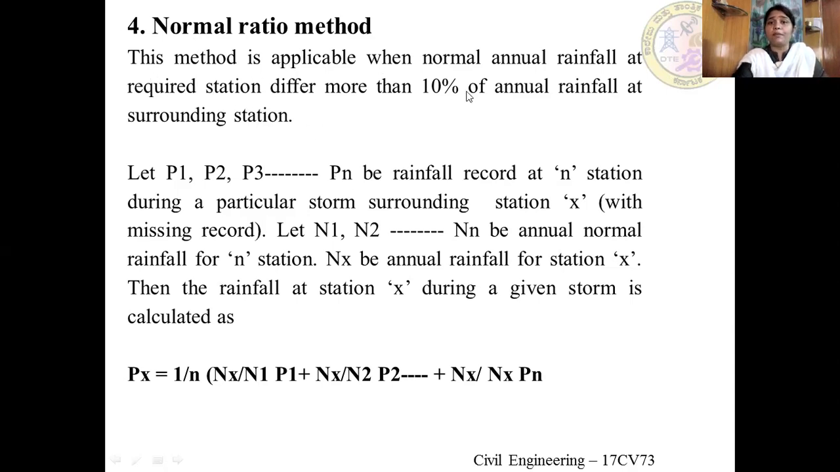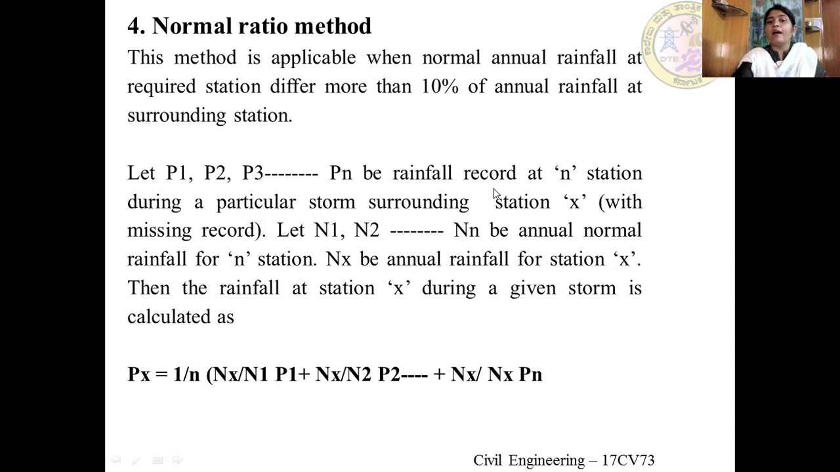So this method is applicable when normal annual rainfall at required station differs more than 10% of annual rainfall at surrounding stations. So we need to find out the normal annual rainfall. We have to find whether it differs more than 10% or less than 10%. If it is less than 10%, then we go in for arithmetic average method. If it is more than 10%, then we go in for normal ratio method, where we say P1, P2, P3